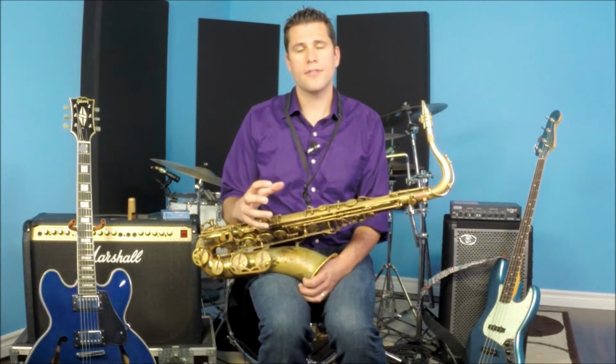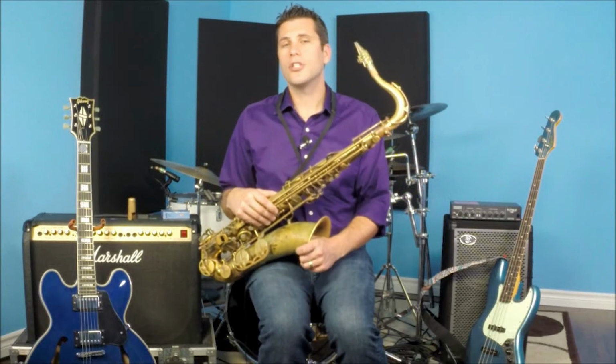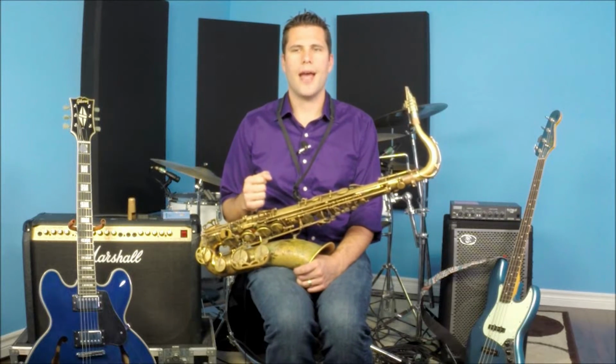There are two main types of saxophone cases. There are gig bags, which are soft, and hard shell cases, which are hard on the outside and have latches. As a very general thing, if possible, I recommend getting a hard shell case simply because the saxophone is so delicate and can be knocked out of alignment so easily that having the extra layer of protection will ultimately save